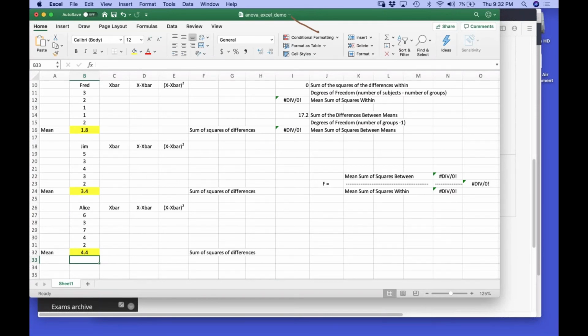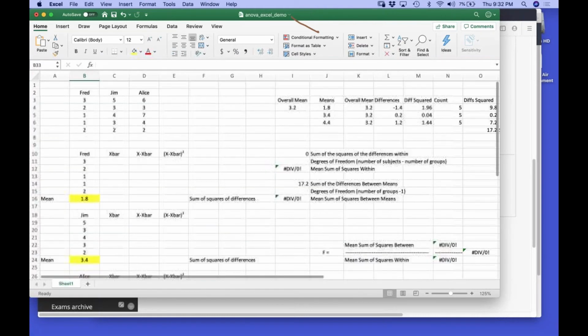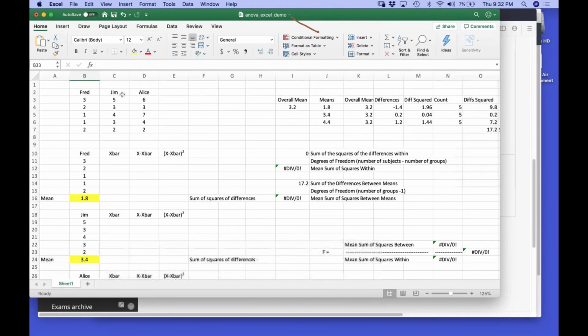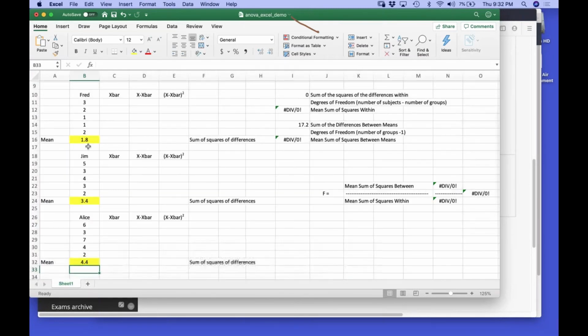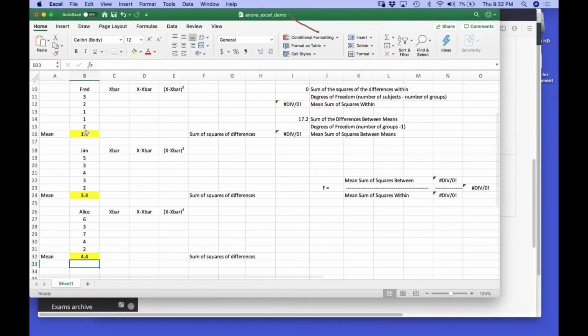So what's my null hypothesis here? Mu1 is equal to mu2 is equal to mu3. In other words, the true average for Fred equals the true average for Jim equals the true average for Alice, right? So now I'm going to take these means, that 1.8, I'm going to put it here, equals,